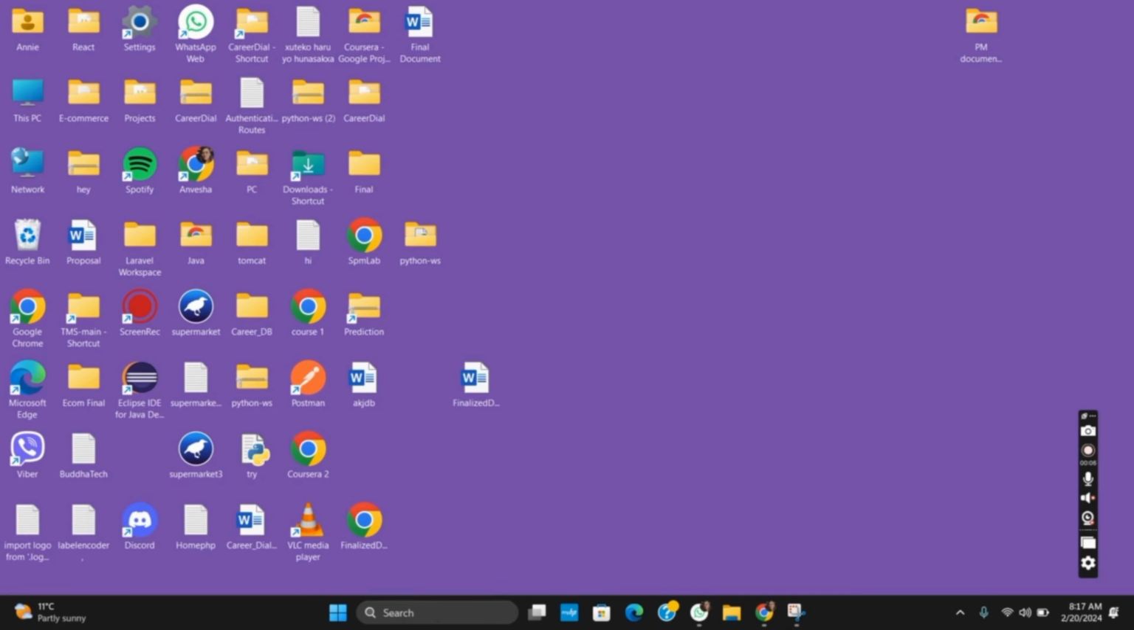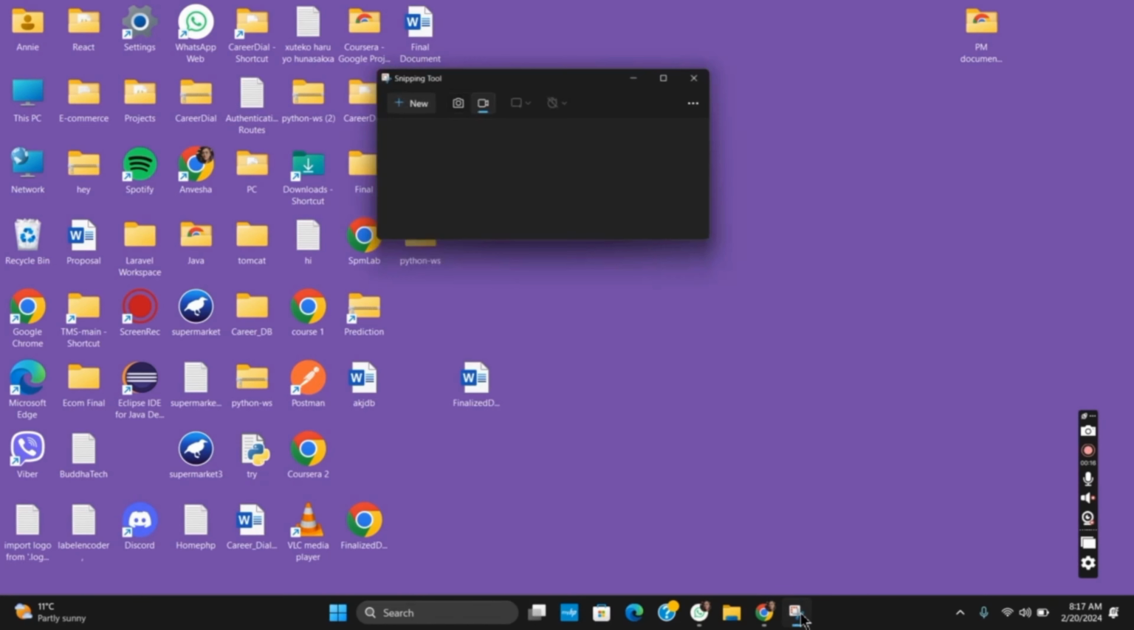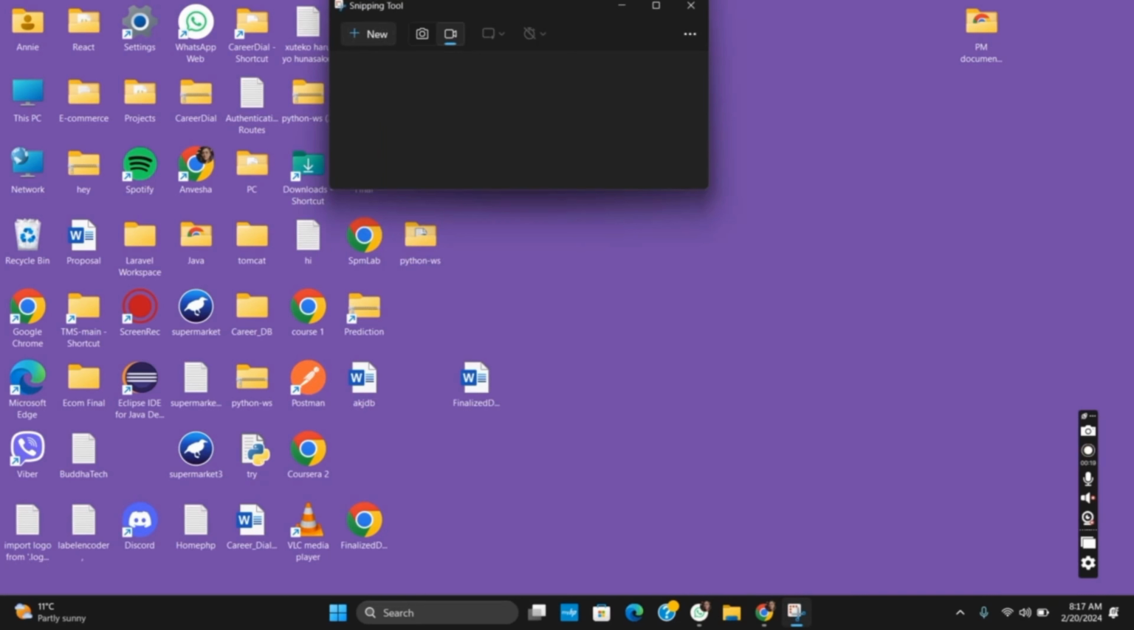As you know, there are many ways by which you can take a screenshot on your Windows. The first one is using a snipping tool. So if you want to automatically save the snipping tool screenshots on your Windows, you just have to open it